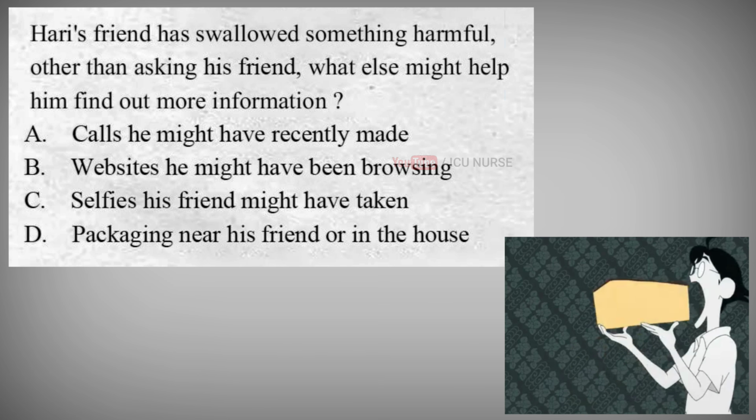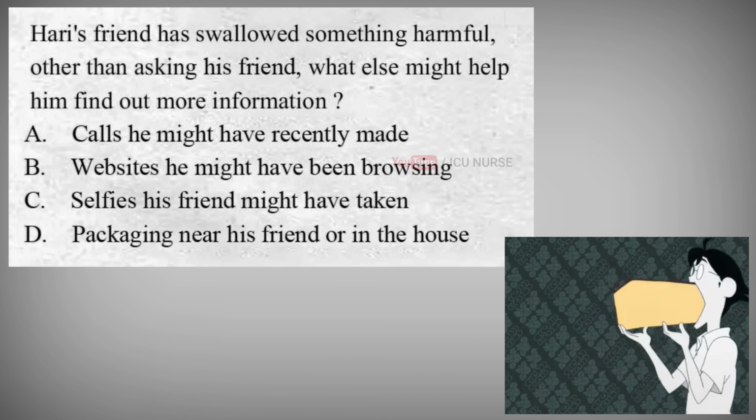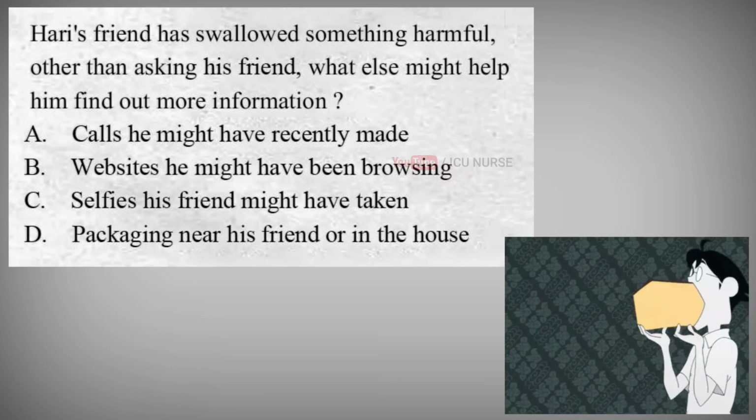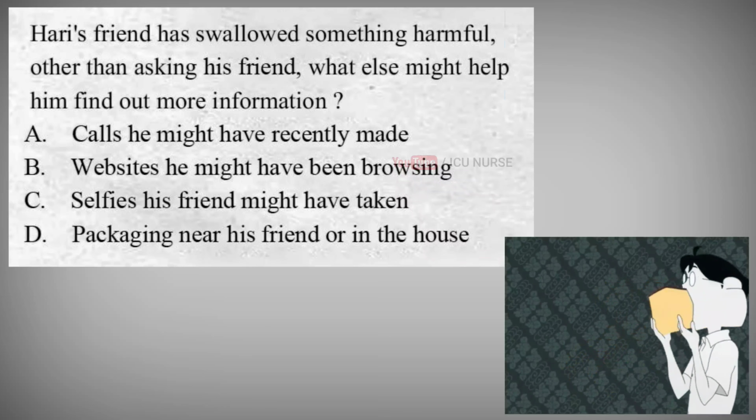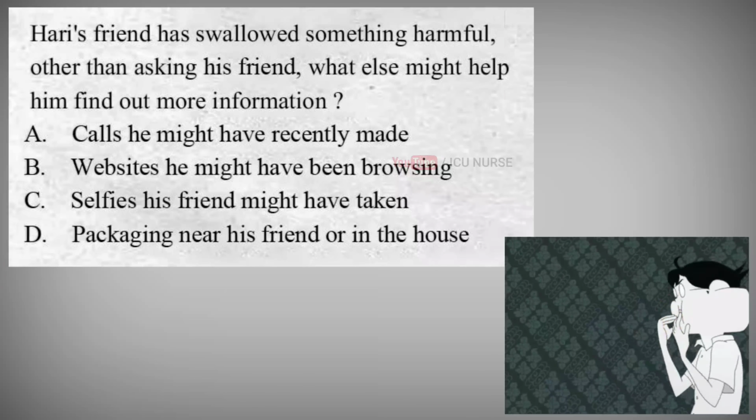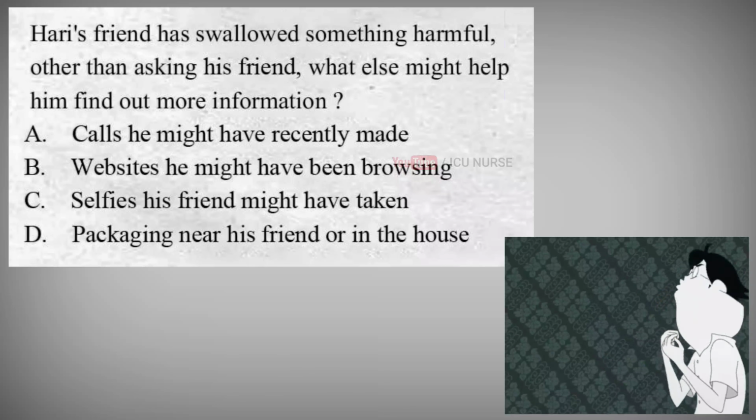Hari's friend has swallowed something harmful. Other than asking his friend, what else might help him find out more information? A. Calls he might have recently made. B. Websites he might have been browsing. C. Selfies his friend might have taken. D. Packaging near his friend or in the house. And the correct answer is